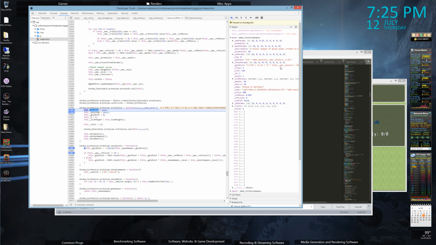The best way to do that is to have it calculate at the time of the thing. So how do we do this? What if we just call it wep level instead of this .wep.level? And then we have